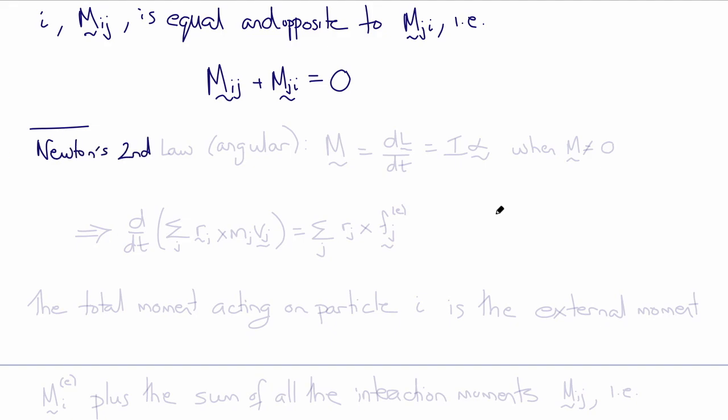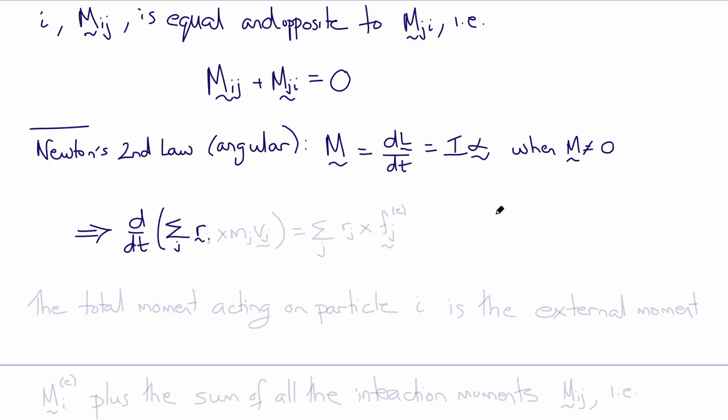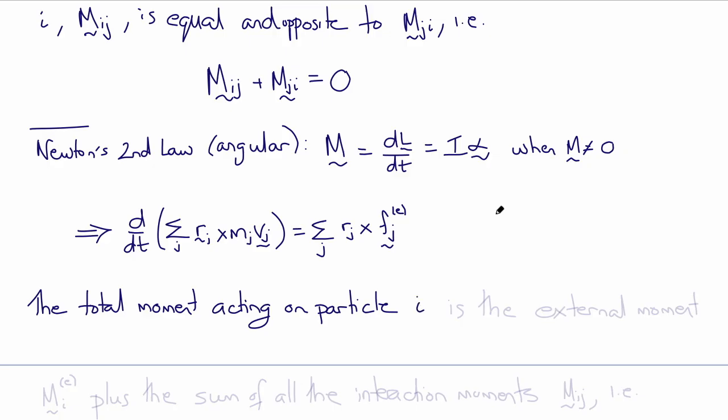Now we can expand Newton's second angular law, which states that the moment M is equal to the rate of change of angular momentum, dL/dt, which is equal to the moment of inertia times the angular acceleration, I times alpha, when M is not equal to 0, by substituting our earlier definition of the angular momentum L, which gives us the rate of change with respect to time of the sum over j of rj crossed with mj vj, equal to the sum over j of rj crossed with fj external, where fj external are the external forces acting on particle j, and